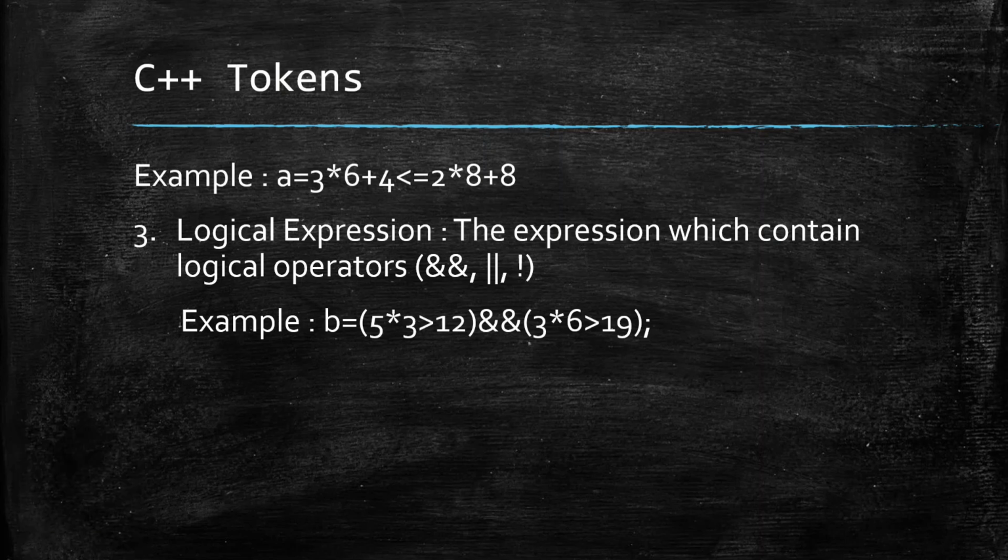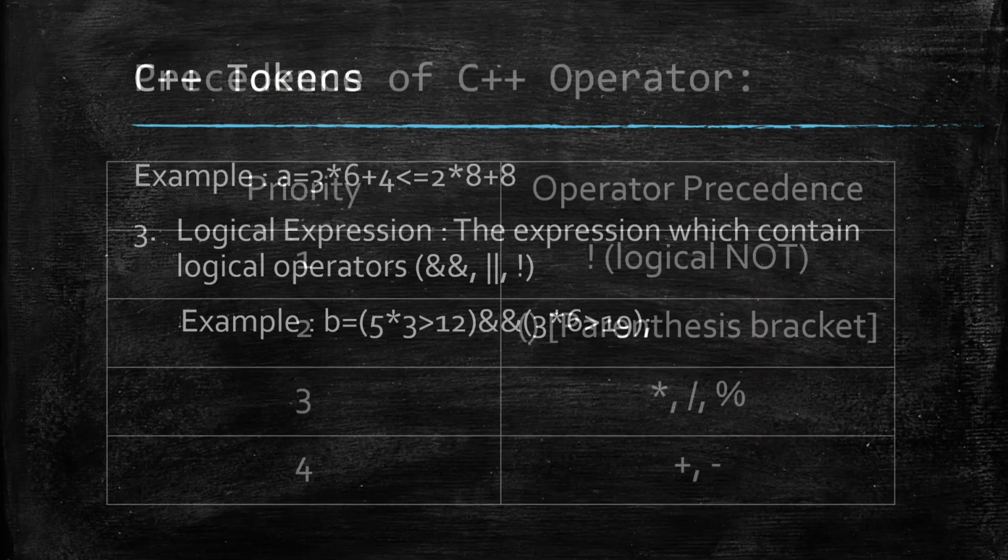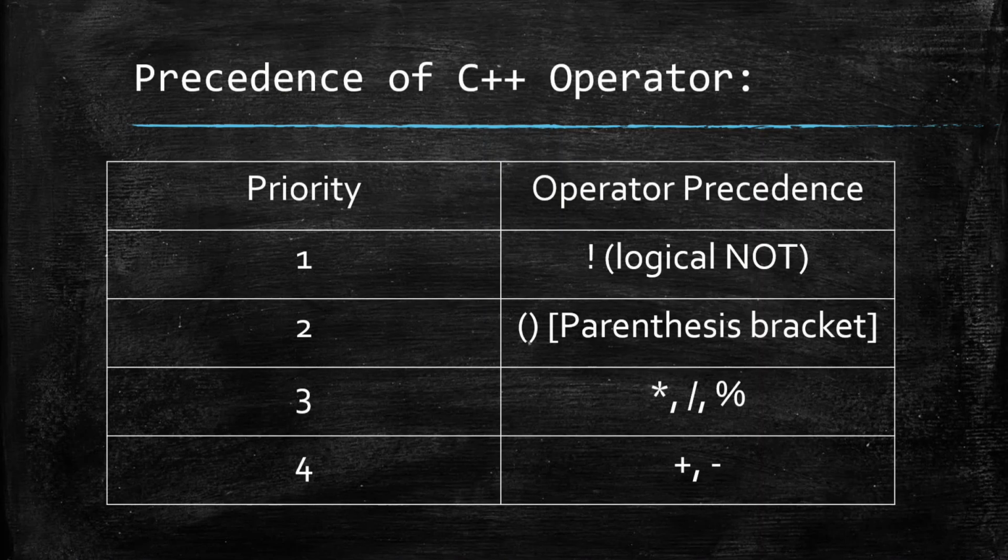So example. In the example it contains logical expressions, right? Like your AND operator is there. These two expressions: B is equal to 5 into 3 greater than 12, AND operator, and then 3 into 6 greater than 19. Fine. So this is how you are having your logical expression. So these are all about your types of expressions. Fine. Next, coming to our precedence of C++